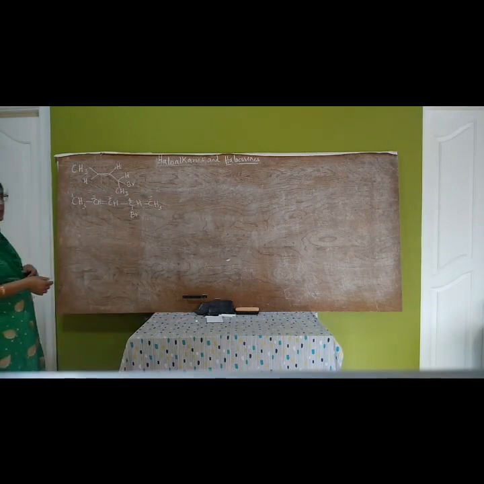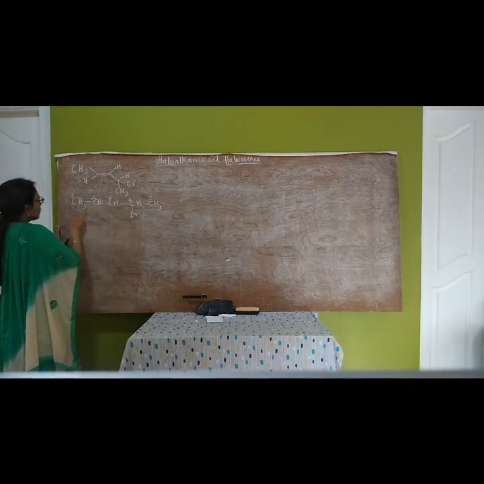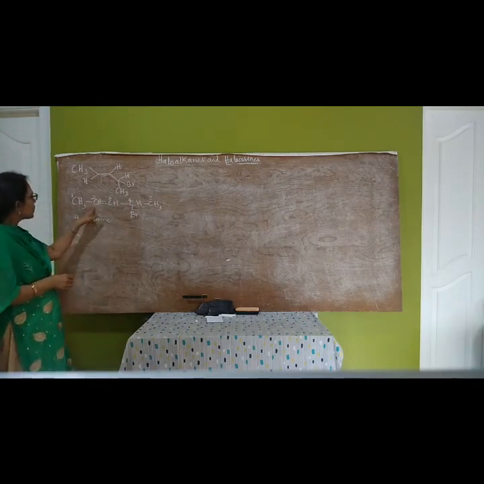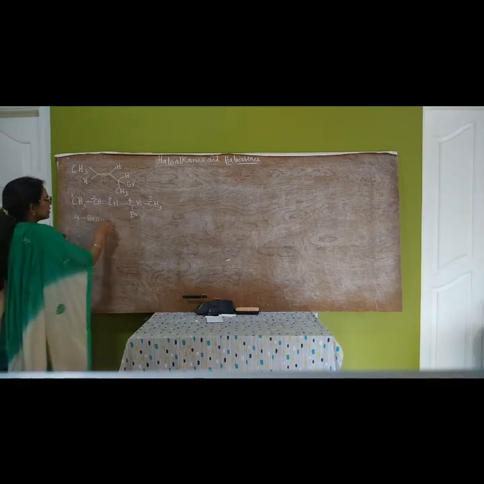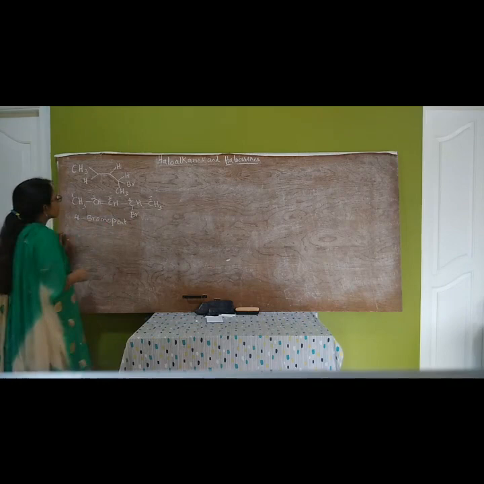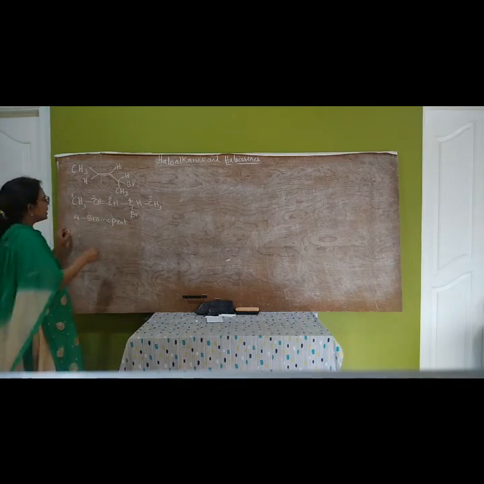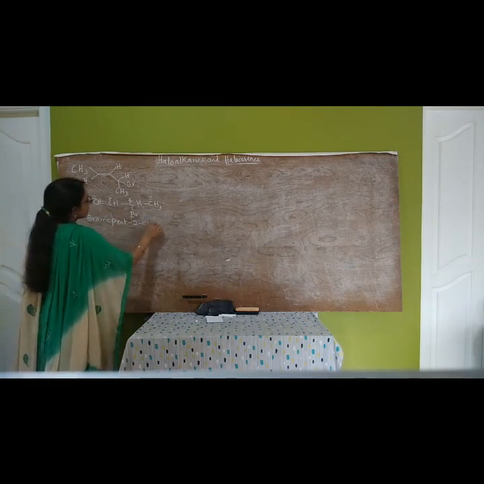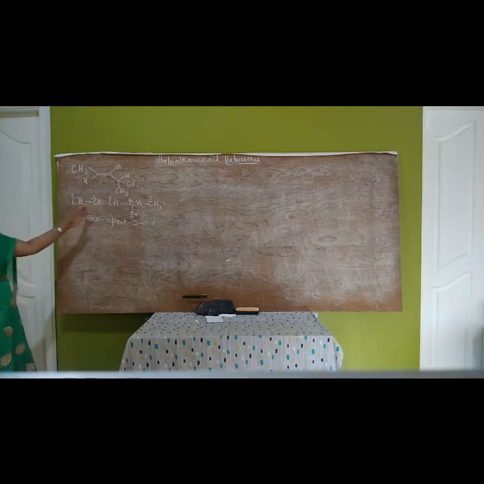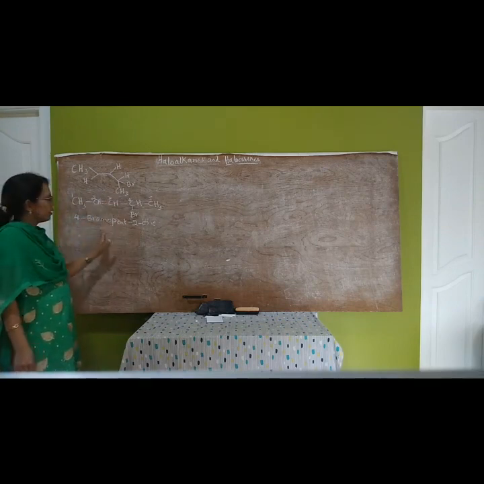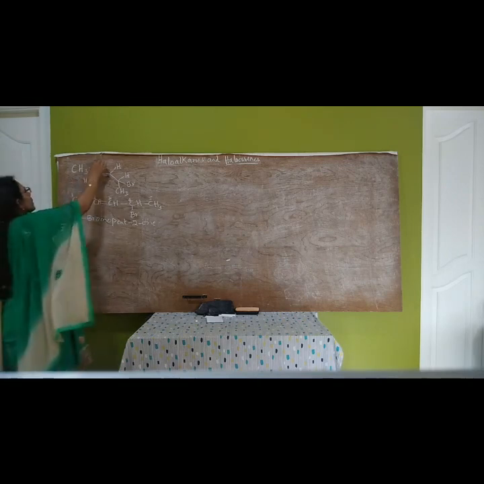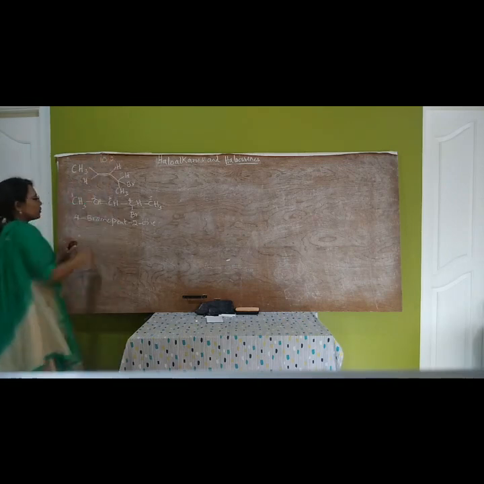So the name of this compound is 4-bromo. 5 carbon atoms are there, therefore the root word is pent. 2-ene, pent-2-ene. So this is the IUPAC name of this compound. Now, some other problems are also there in this example 10.2. Try to solve those problems.